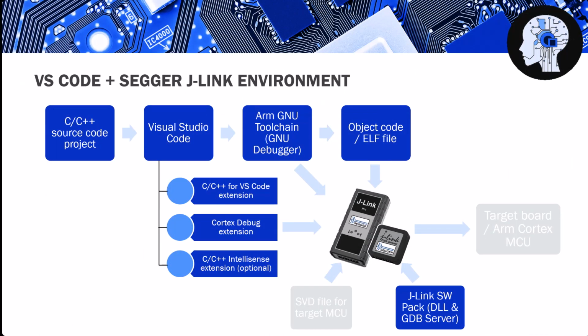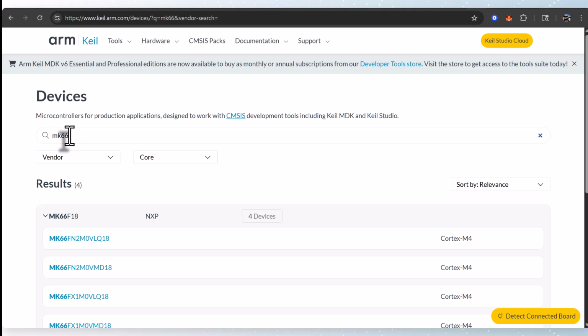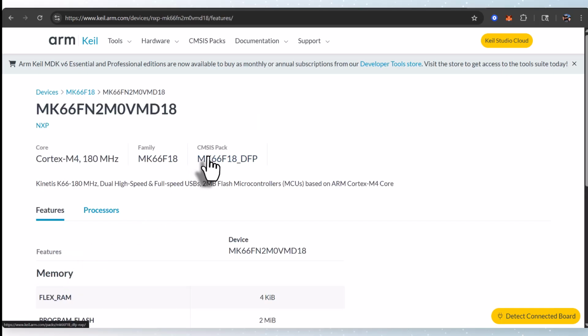Another piece of the puzzle is the matching SVD file for your target device. Extensions like Cortex Debug use SVD files to provide a detailed, human-readable view of a microcontroller's peripherals and their associated registers during a debugging session. If your project doesn't yet include the SVD file, like mine, you can download the CMSIS Device Family Pack for your target device from